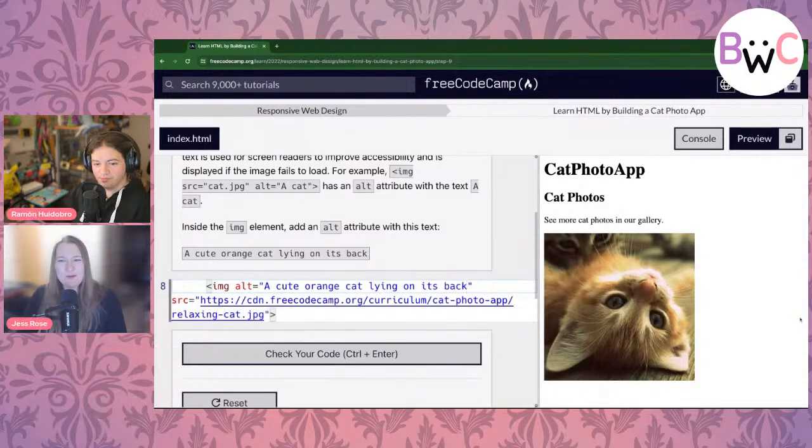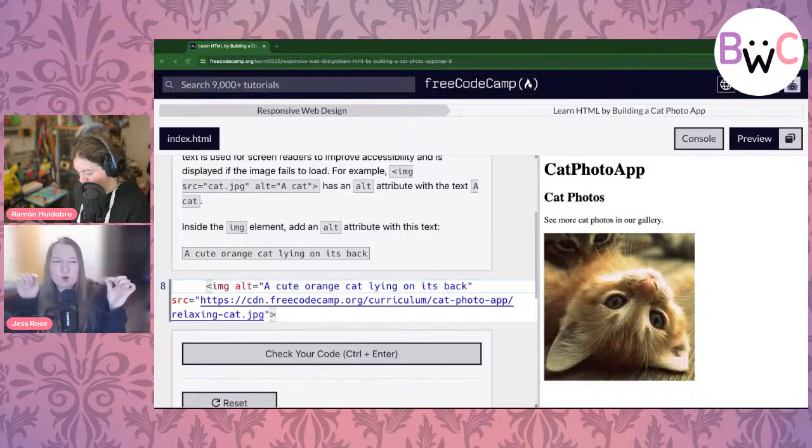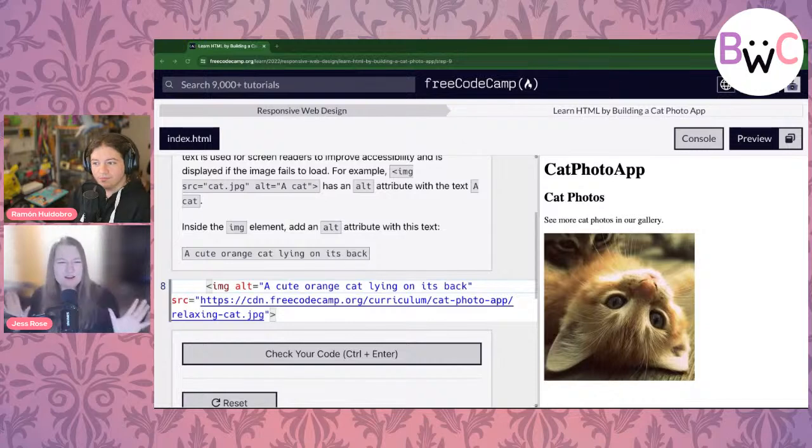And I would say that if you've got an image where it's just sort of like a little scroll bar or a white box, then you probably don't need it, if knowing what that image is doesn't add any context at all. But here this is important. We've got an orange cat lying on its back. Cats are important. And this alt text does a lot of different things. So if somebody's using a screen reader or assistive technology, it lets them know what the image is.